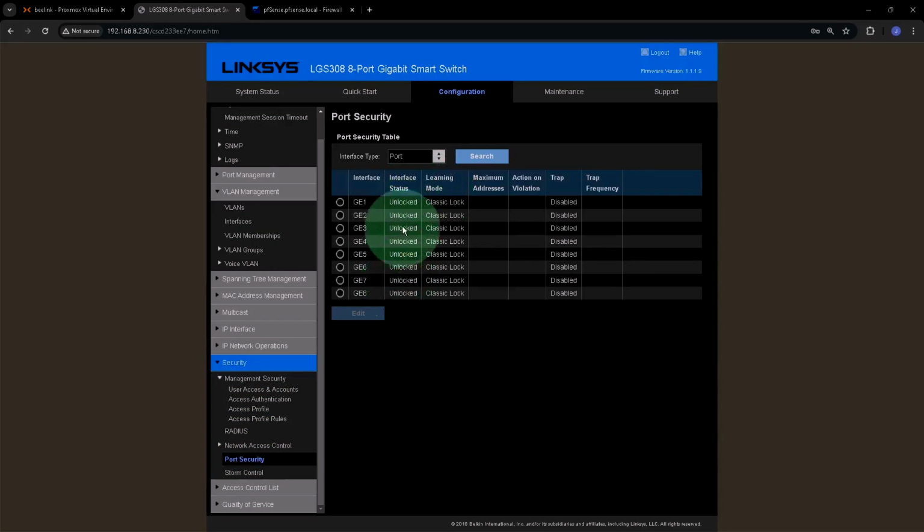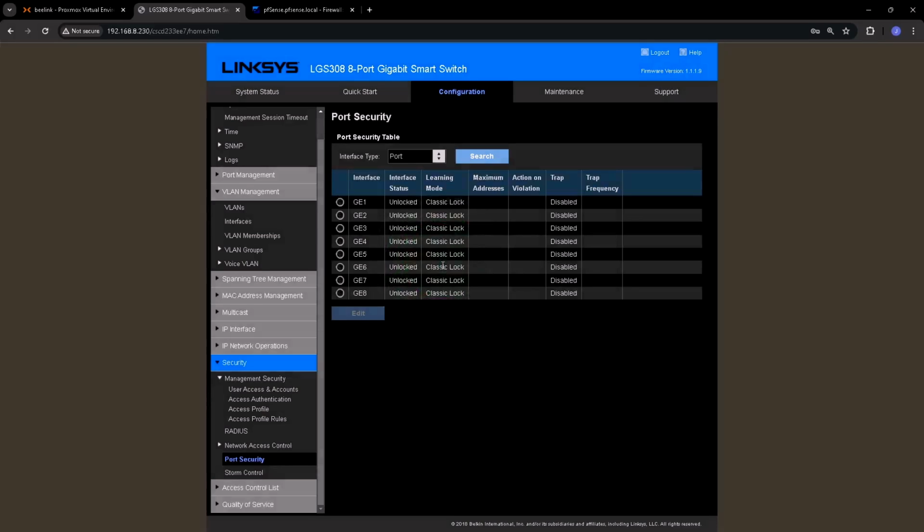By default, all ports are unlocked, meaning not configured yet, and the learning mode is classic lock, which means all learned MAC addresses on the port are locked and the port does not learn any new MAC addresses. Let us test this on GE2 or port 2, which is on VLAN 10. Edit GE2,